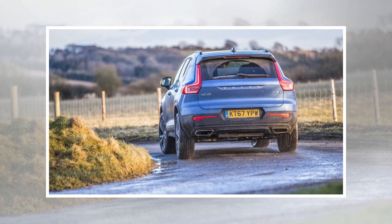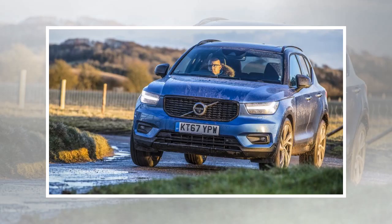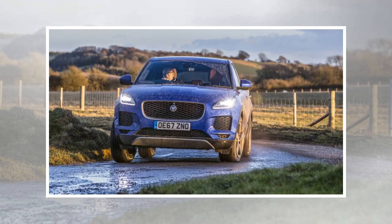Possible, but not easy. Say you decided that you didn't need more than a 150 bhp diesel, front-wheel drive E-Pace. E doesn't stand for electric, remember, that's the I-Pace. But could you tolerate a manual gearbox, 17-inch wheels, fabric seats? No. A sweet spot in the engine and gearbox spec options can be found at around £33,350. Which is quite a bit, although not as much as the cars we have here, of which the Volvo,